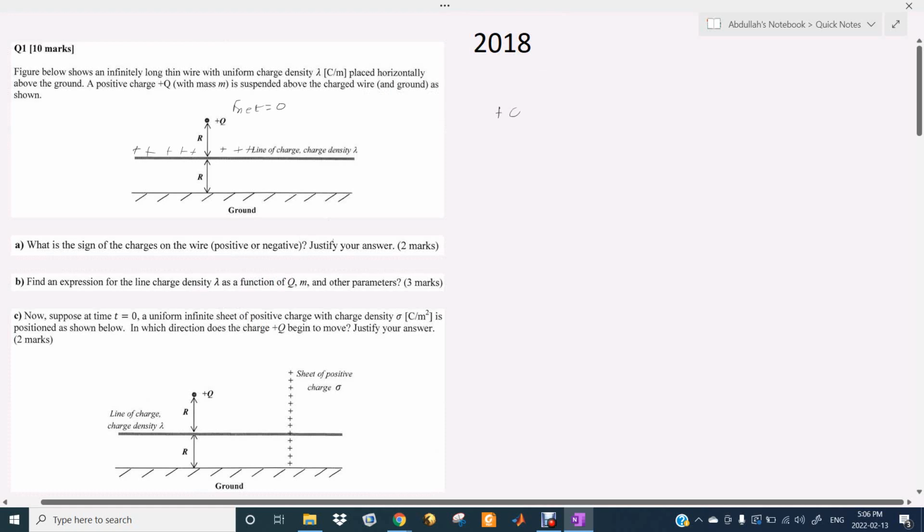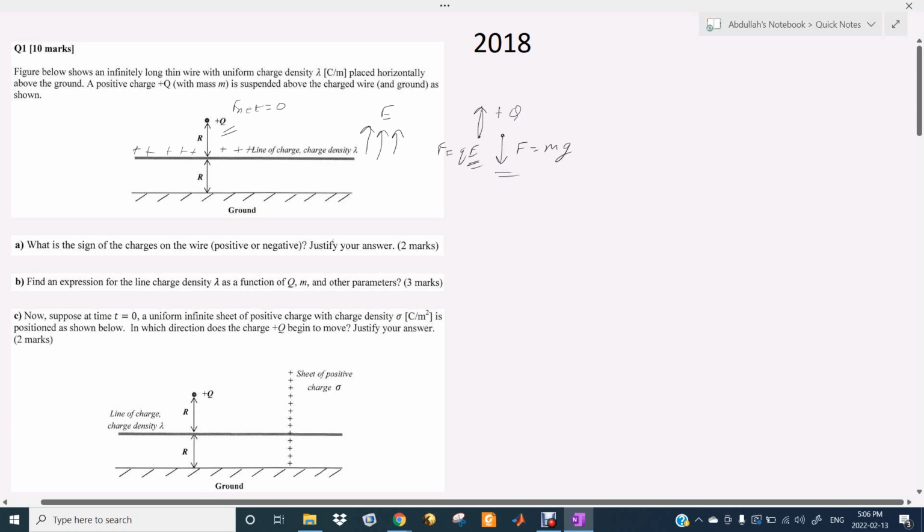So for example, if you have a positive charge Q, you have a gravitational force, right? Now to suspend it, you have to cancel out this gravitational force. So you need another force acting upwards, right? And this could be your electrical force. This E is basically the E field that has to be produced by this line charge, right? And this Q is basically this Q. So you should have an upward Coulombic force to balance out this downward